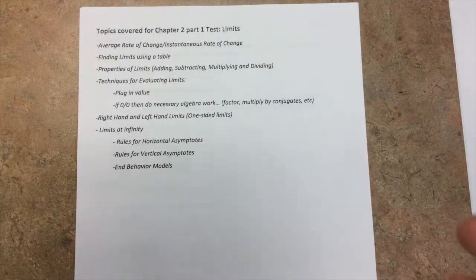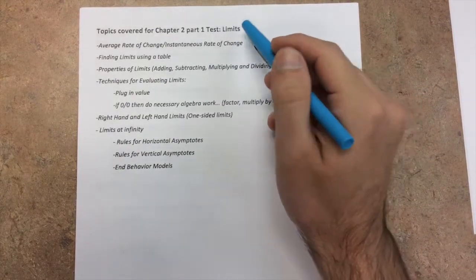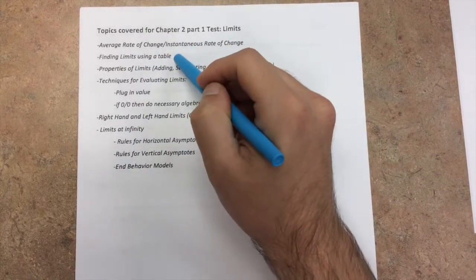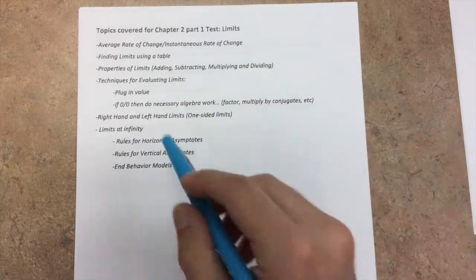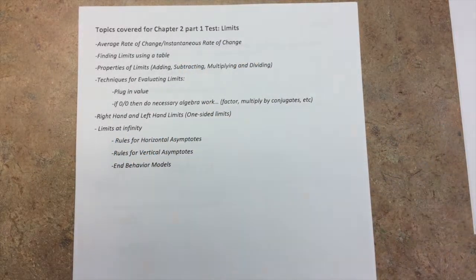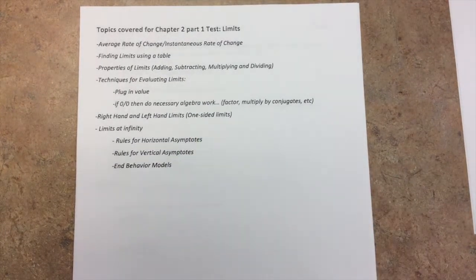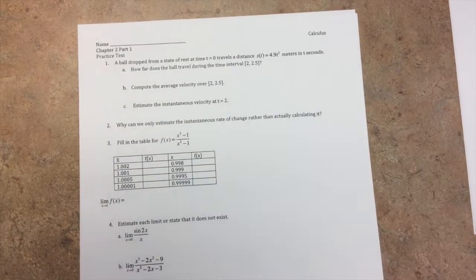So we're going to go through the Chapter 2, Part 1 review test. I just wanted to make sure that we were all on the same page with what were the topics that we covered so far in Chapter 2. So we're covering average and instantaneous rate of change, finding limits using a table, properties of limits, techniques for evaluating limits, right-hand, left-hand limits, and limits at infinity for vertical and horizontal asymptotes. Okay, so with that in mind, let's take a look at